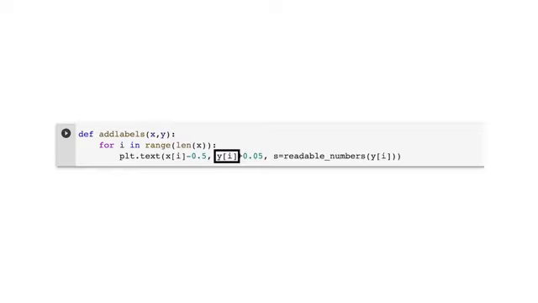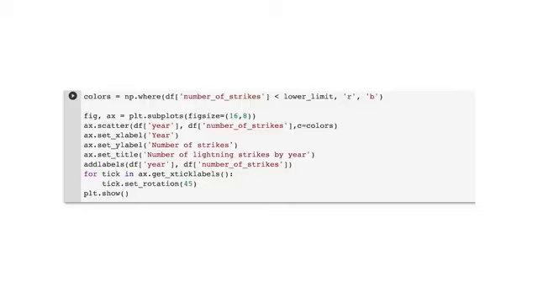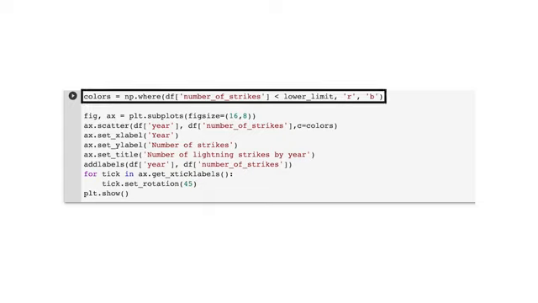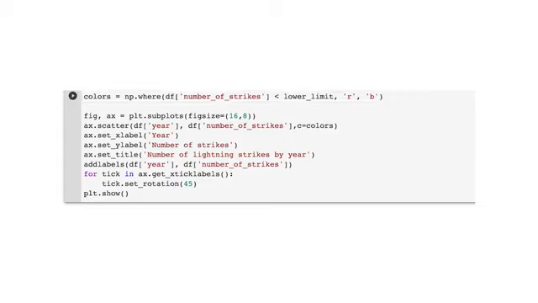We also define the number of values using our readable numbers statement from the beginning of the video. Next, let's add color to the data points. Let's make the outlier points red and the other points blue. To do that, we'll define colors by the lower limit. For those that fall below our previously defined lower limit, we'll code that they should be R for red, and everything else will code as B for blue.